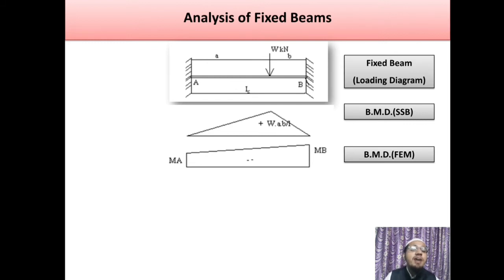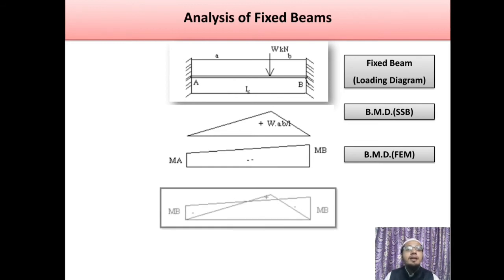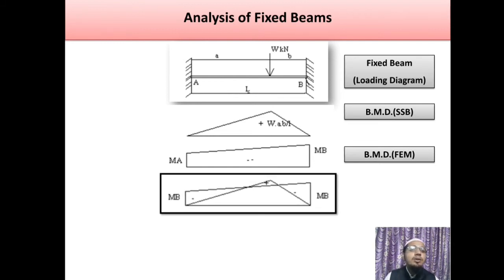So what about the final bending moment diagram? By simply merging these two diagrams, for a simply supported beam and for a beam subjected to only end couples, we will get the final bending moment diagram. So it will be like this. It shows 2 points where the moment changes from positive to negative. We know that these points are termed as, yes, points of contraflexure. So this is the final bending moment diagram.